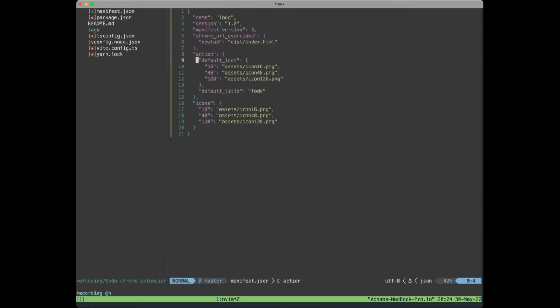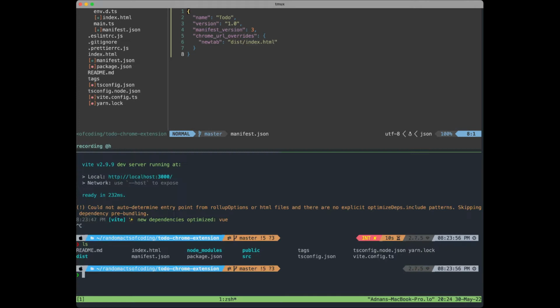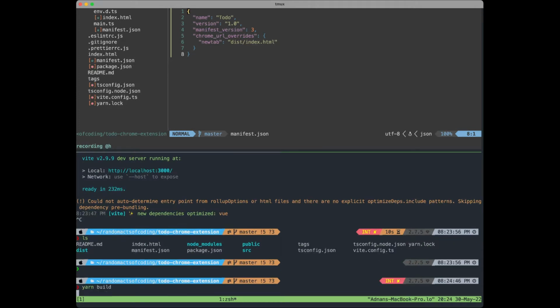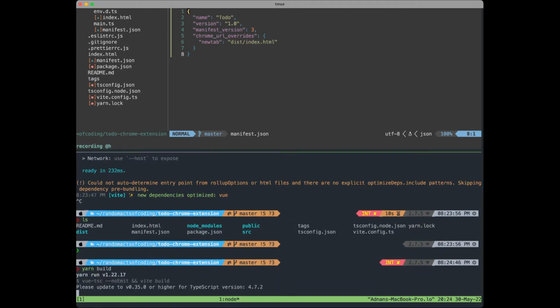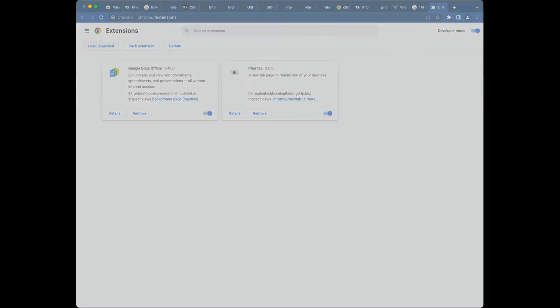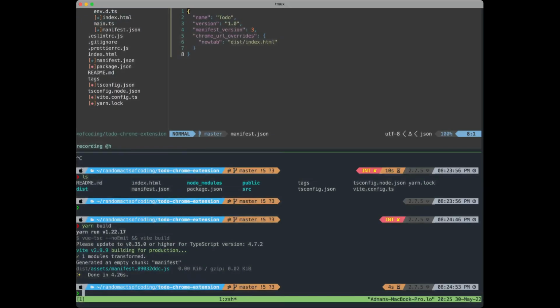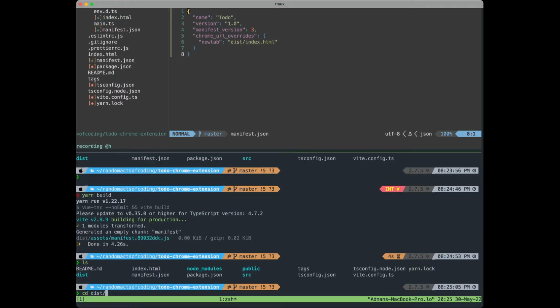So action, actually, we're not using any actions at all. So get rid of that. Then I'll get rid of this as well and kind of make it really bare. I'm not sure if I have to, I don't think I have to build every time because the manifest isn't part of the build. Anyway, let me just try this again. So same folder, select. File not found, dist index. I wonder if dist is the,